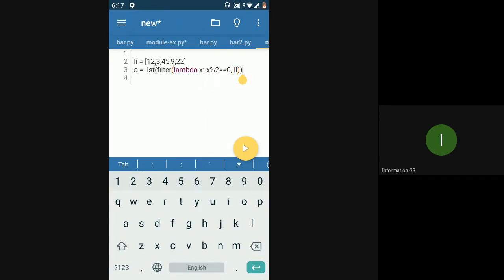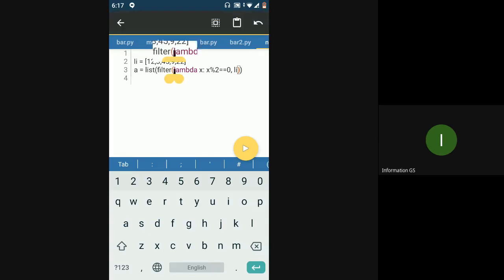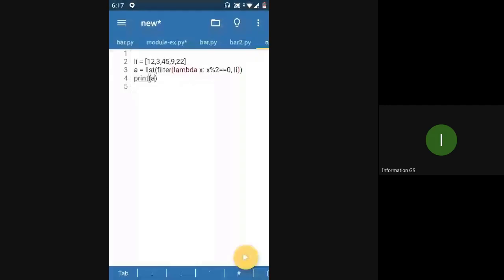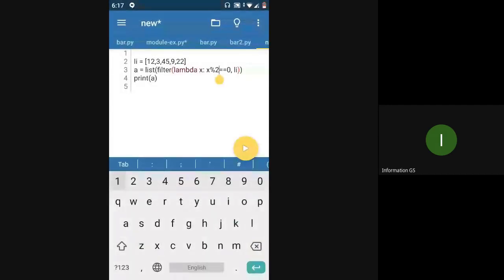Whatever elements in the list this returns true for, only those will be given back in the filtered list, right? So here in this case in Li, only the even numbers will be given as the filtered list. Yeah, so I have only 12 and 22 in the final list because I have written the function as such. If I remove this